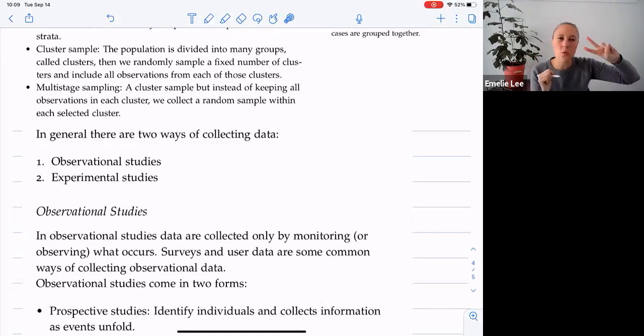So there are two ways of collecting data, and we're familiar with both. Definitely experiments. You've heard of experiments. You're probably thinking some lab coat with some glasses, and that's exactly what it is. Observational studies are everything else. If we're just observing information and we're not controlling anything, so things like surveys, when we collect market data,